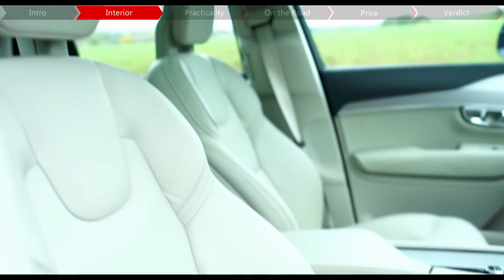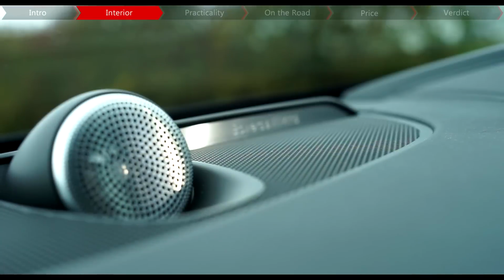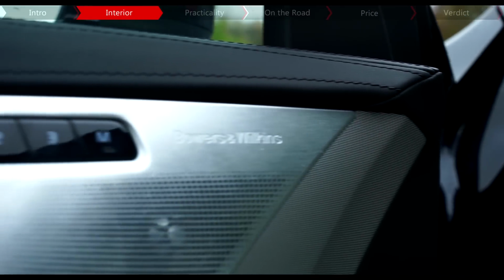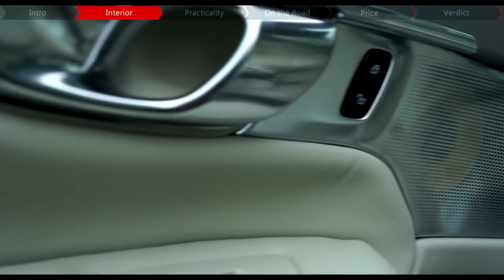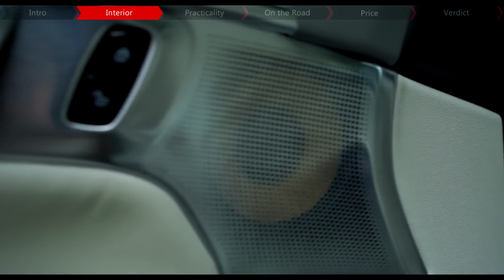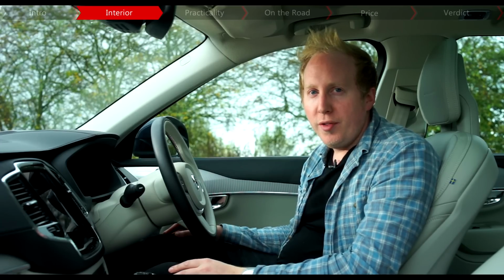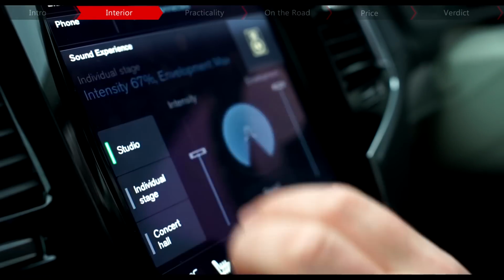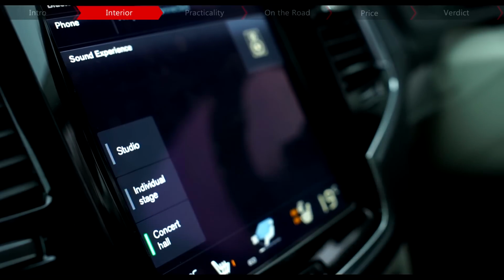of getting it dirty. You've probably noticed this dash mounted tweeter by now too, because the 1400 watt Bowers & Wilkins optional stereo is a real highlight. It has no less than 19 speakers and even an air-cooled subwoofer. Not only that, but using the touchscreen, you can make the sound emulate a recording studio or a concert hall